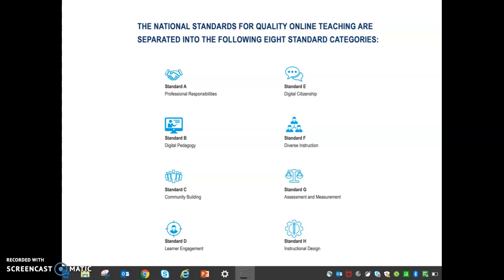I want to talk to you a little bit about the national standards for quality online teaching. Currently these are separated into 8 standard categories. We have our professional responsibilities, digital pedagogy, community building, learner engagement, digital citizenship, diverse instruction, assessment and measurement, and our instructional design. While I think all 8 of these are equally important for delivering quality online learning,